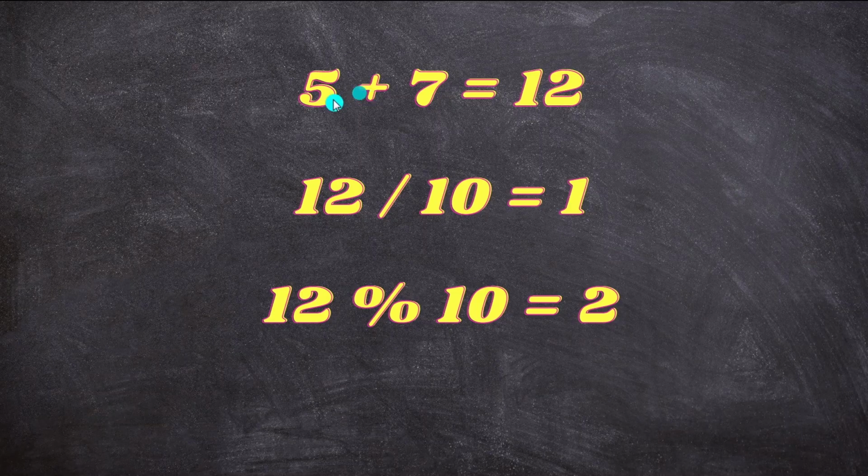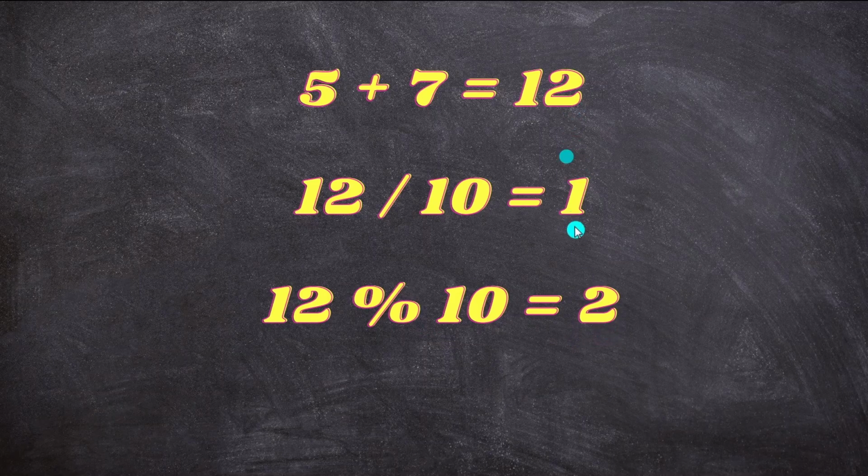So there would be two single digit numbers which need to be added, and in case the sum is greater than 10, then the carry over will be 1, otherwise it won't be. So let's take an example of 5 plus 7. That means the result will be 12. If you divide 12 by 10, you'll get 1. So 1 is in the tens location. And if you take the remainder of 12 divided by 10, it will be 2, which is at the unit location.